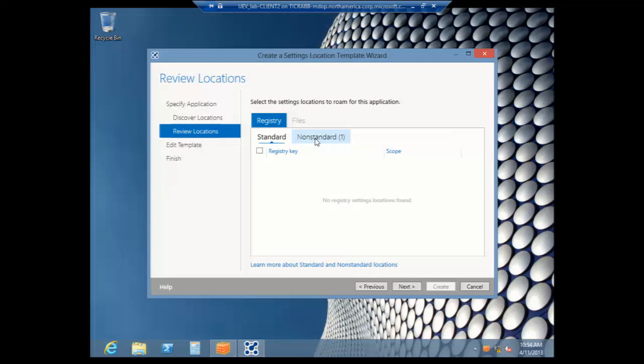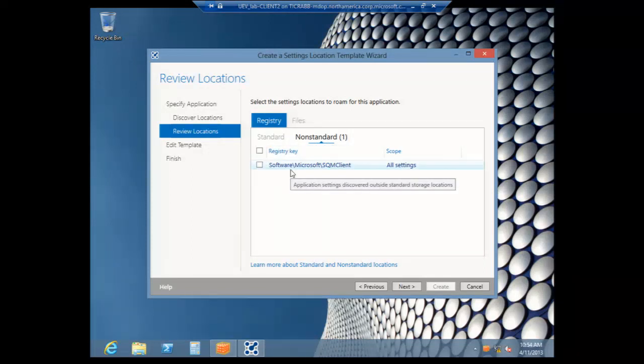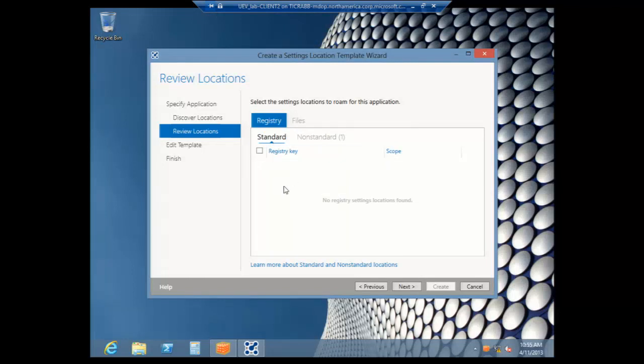But we also make a judgment to say what is standard and what is non-standard, okay? So if you look over here, one of the non-standard things is SQM. SQM is actually a customer experience program, it allows us to get customer feedback on what people are setting in different applications. We already know that that's not something I want to roam between devices. So we throw that out. We say it's a non-standard thing, don't worry about it, okay? But in this one, there were really no standard registry settings. And over here in